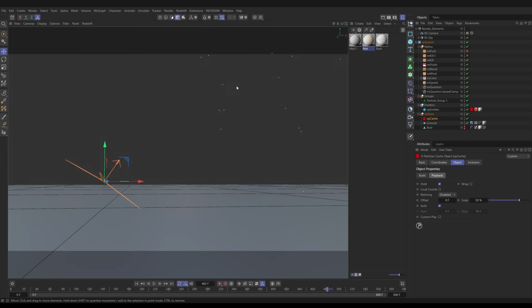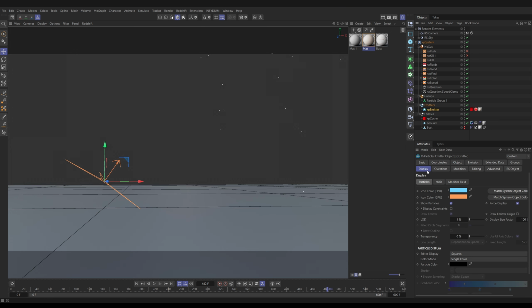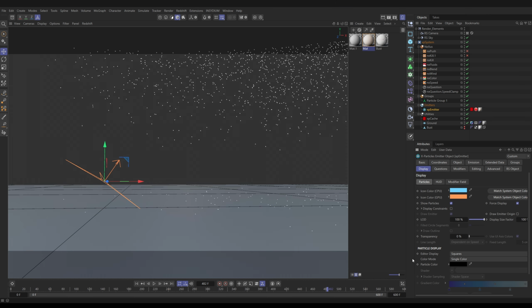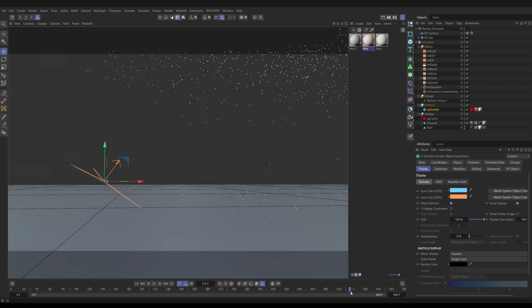Now you might wonder why they're kind of flickering on and off here. That's just because, remember, in our emitter display tab, we're only looking at 1% of these particles, and because some of the particles are dying off, it kind of changes which ones we're viewing, but all of those particles are there. Let's just put that level of detail up to 100%, and you can see that they start blowing